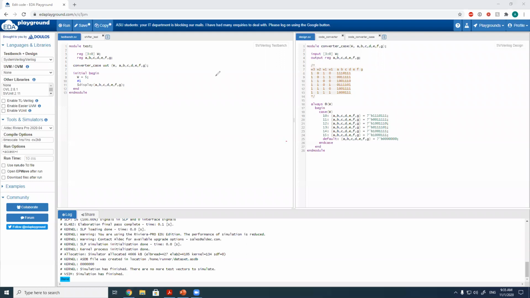I need to build 8 to 1 using 2 to 1s, so I will have 2 to 1, 2 to 1, 2 to 1 and 2 to 1. An 8 to 1 multiplexer will have 3 signals S2, S1, S0. These are the select signals. So the output of these will go into